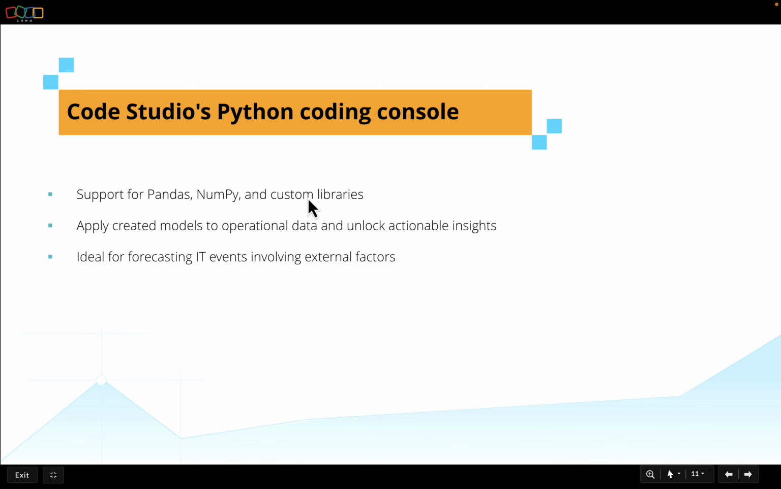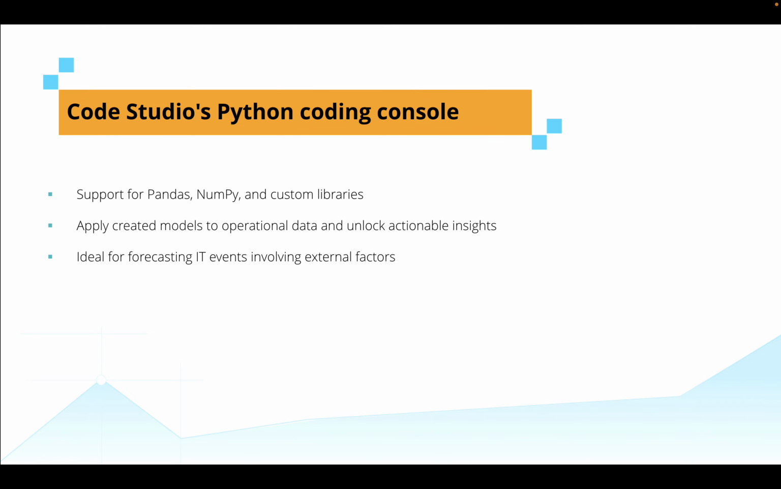Once your models are created, you can apply them directly to your operational data, unlocking actionable insights similar to what we did for AutoML. Code Studio is ideal for scenarios where external factors beyond historical or log data need to be considered for forecasting IT events accurately. And by incorporating data across multiple domains, you can ensure that predictions are more precise and relevant. Code Studio eliminates the need to switch between multiple IT tools or analytics platforms, integrating the entire ML workflow within